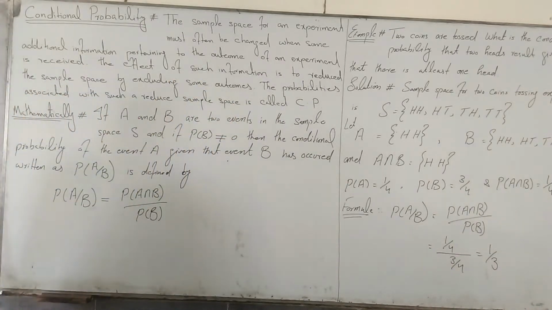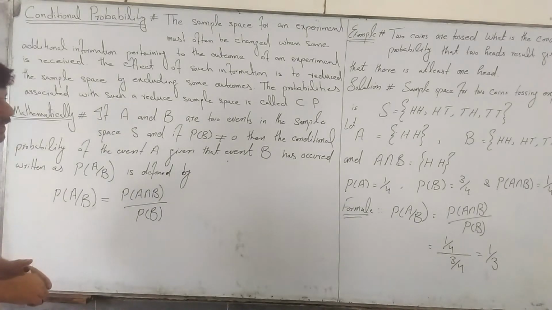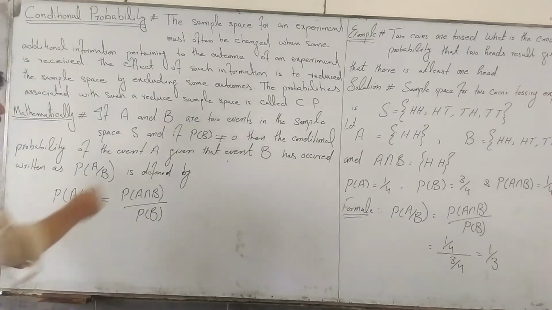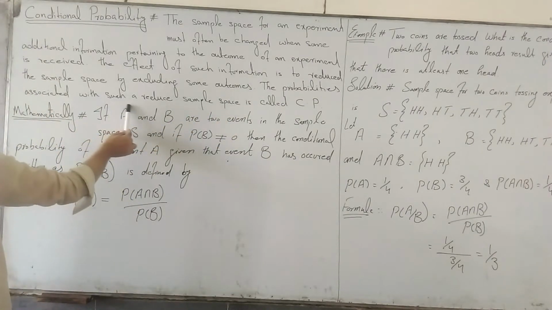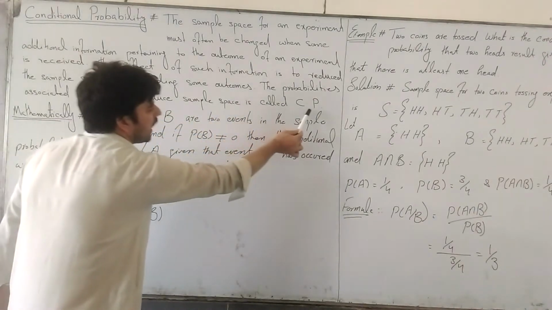This means that if we find the probability of some event not on the basis of the whole space but on the basis of the subset of the sample space, the probabilities associated with such reduced sample space is called